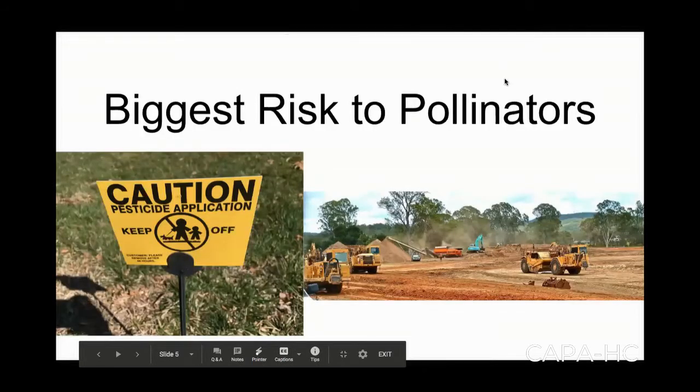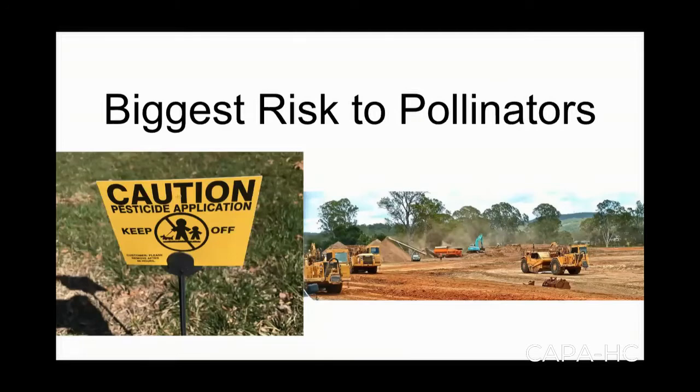Okay, we do need to talk about threats to our insects and all of our pollinators. One of the biggies, we talked about this last week, is when people put chemicals on their flowers to help them grow or to keep other bugs off of them. Often that can hurt our flowers. I'm sorry, our flowers are okay, but the nectar and the pollen can get chemicals on them that are bad